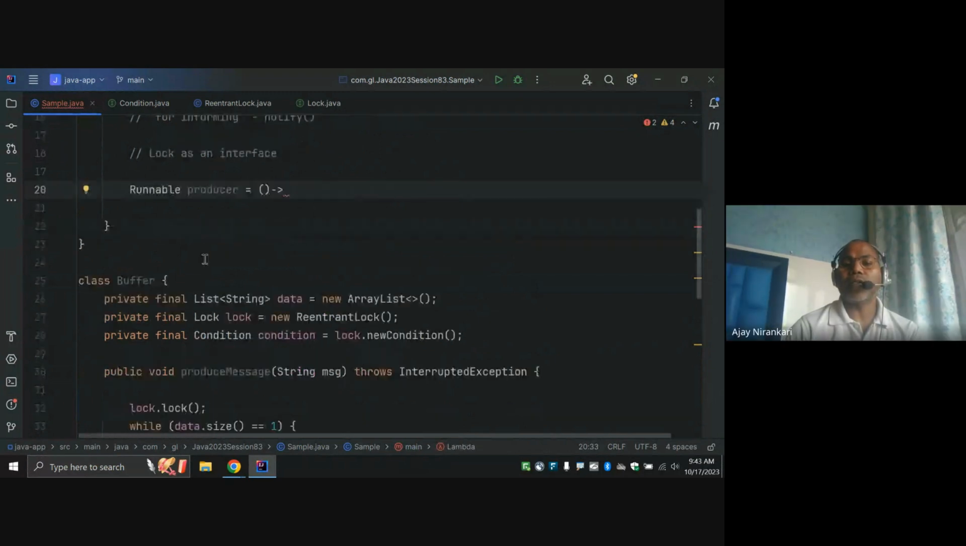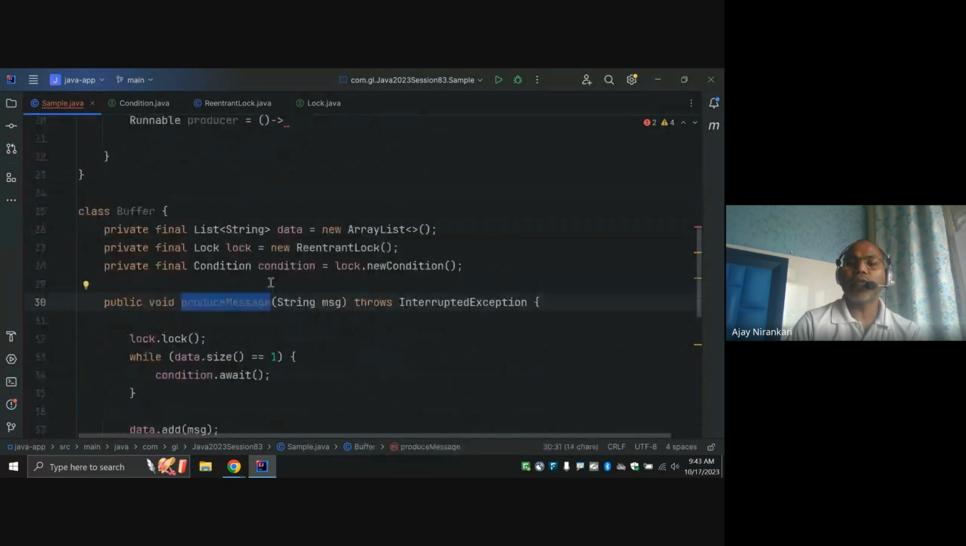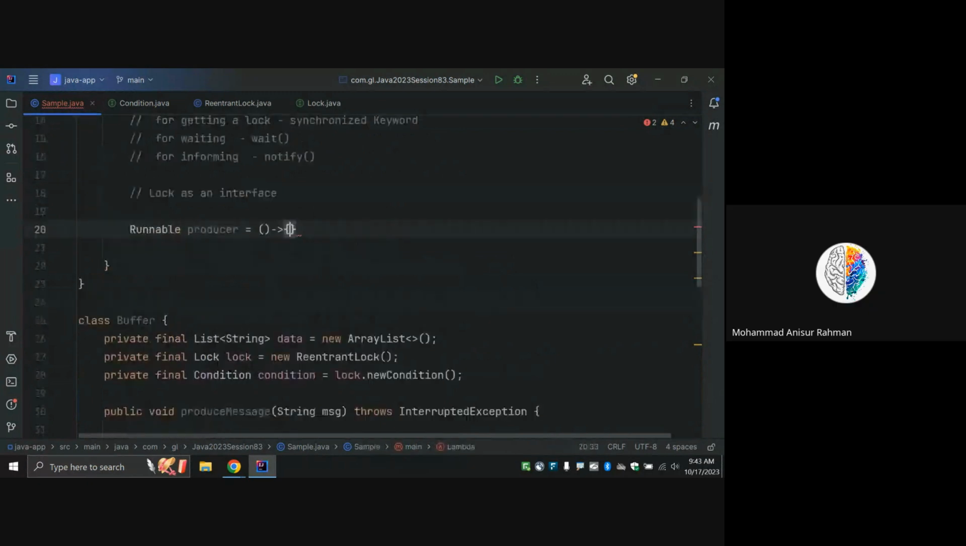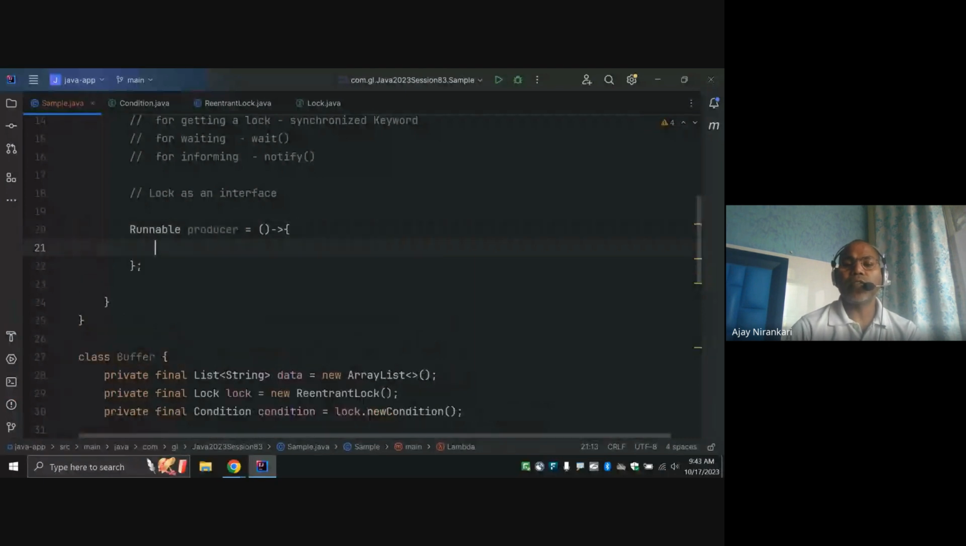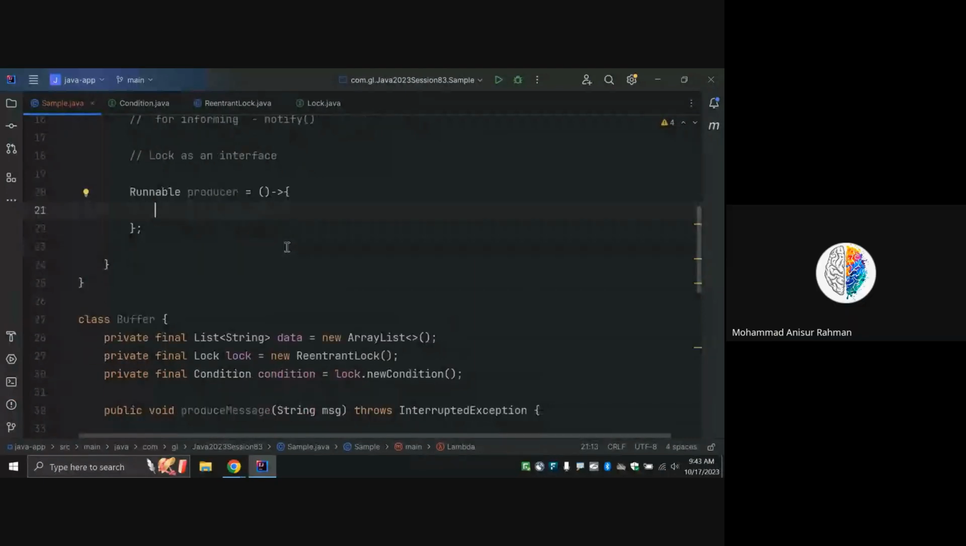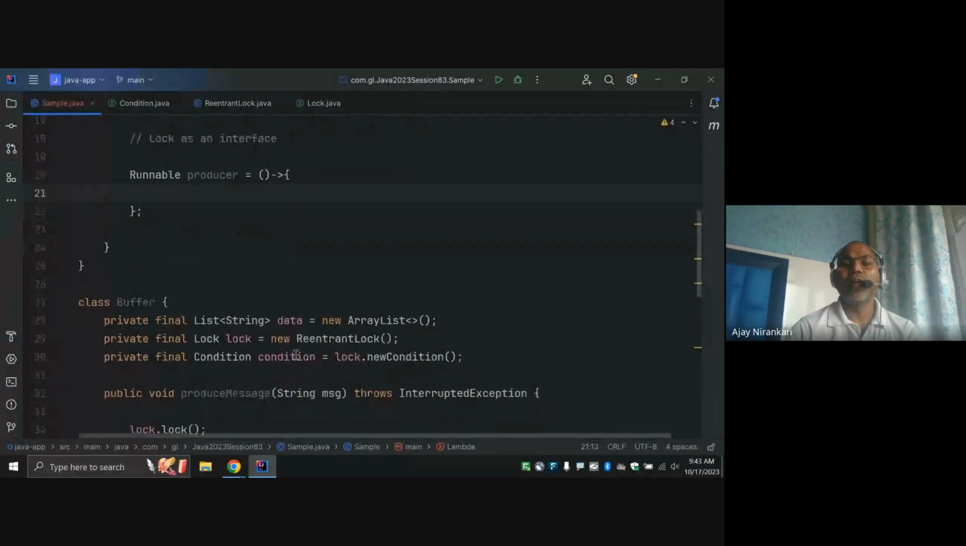And simply say this is the producer thread. It needs a message, so here we have to write some code, right? And let's generate some message here. Message one, message two, something, right? Message A, message B, message C, something, right? So here, how to generate the message? Let's start from